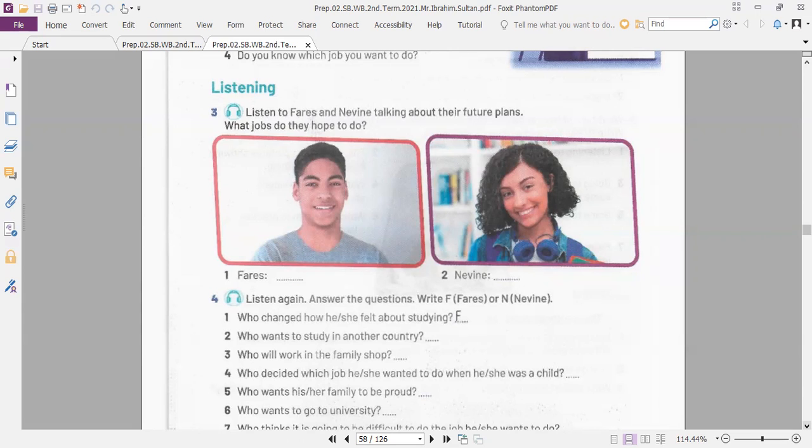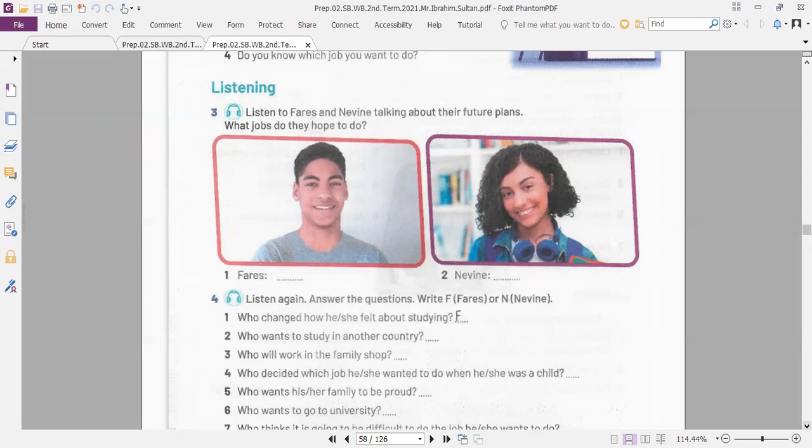This is Faris. Naveen: When I was 9, I was playing with my sister. When I fell and hurt my arm, the doctor at the hospital was so clever and kind. So I decided I wanted to be a doctor too. I know it will be hard to achieve my dream. What do I mean by achieve? Achieve means to fulfill his dream.